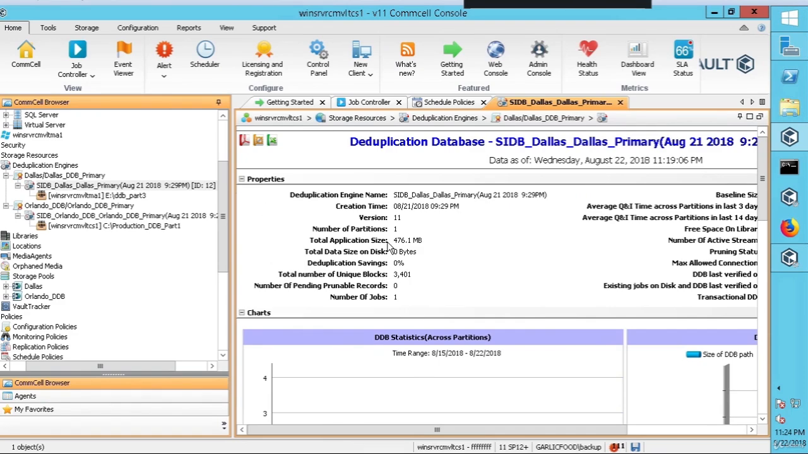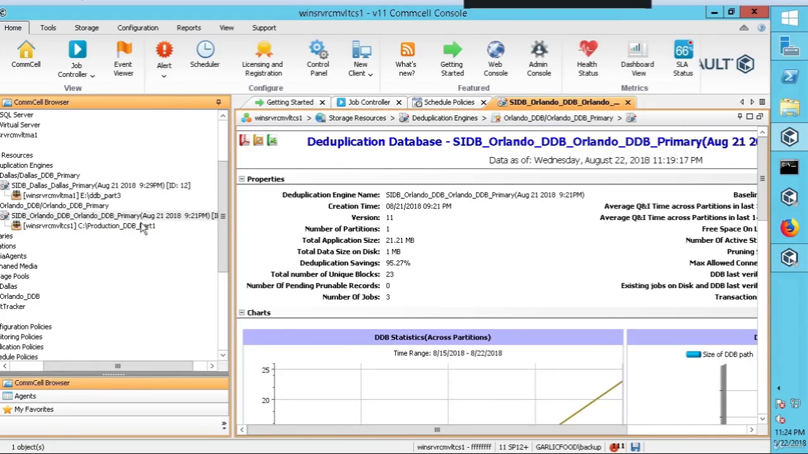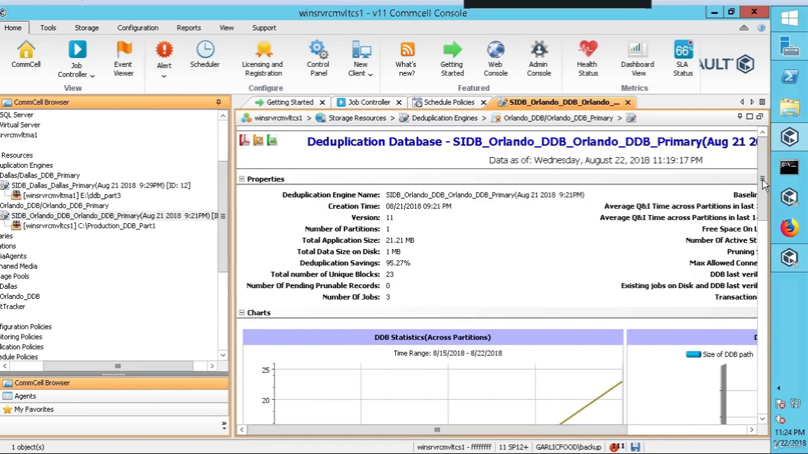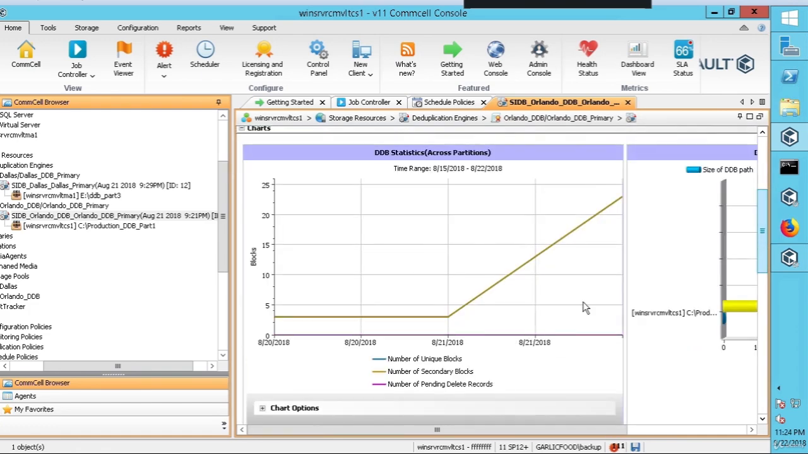We can see there's actually data now. And Dallas hasn't really created much because not a lot of jobs have kicked off. But in Orlando, definitely we have a lot of deduplication settings here. So we have a deduplication savings of 95%. Total application size is 21 meg. Let's scroll up a little bit here. Okay. Yeah, so as you can see a little chart here, if we scroll down a little bit, kind